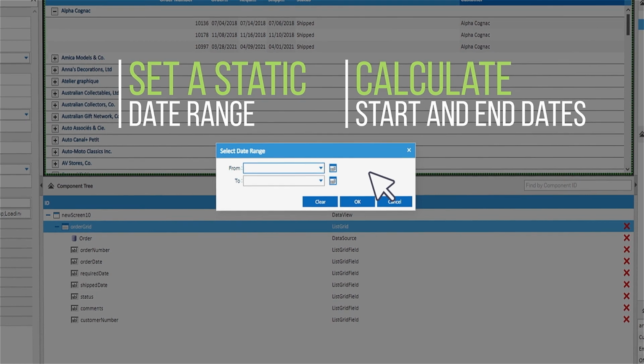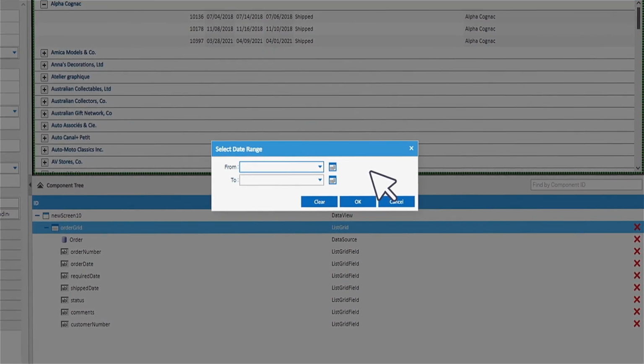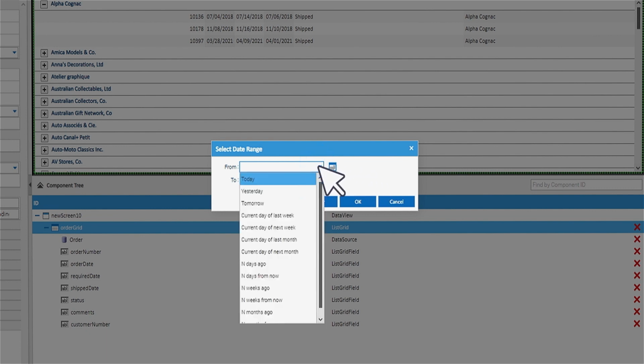In our example, we want the start date to always be 12 months before today's date, so let's set that up. Click the down arrow in the From field. There are a number of options relating to calculated dates included. In our case, as we want to have a start date that was a year ago, select N months ago